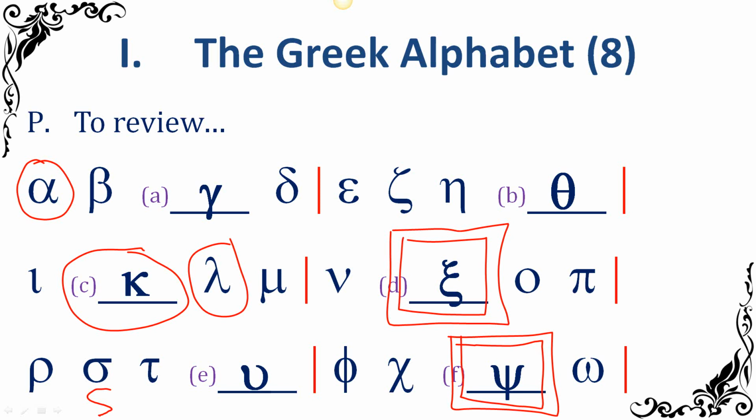Then there's the next double consonant, which is always hard to wrap your tongue around. Psi, psi. And then omega. It's not omega. Omega is the modern pronunciation. Omega is the Erasmian pronunciation, which is what we're using. Omega.